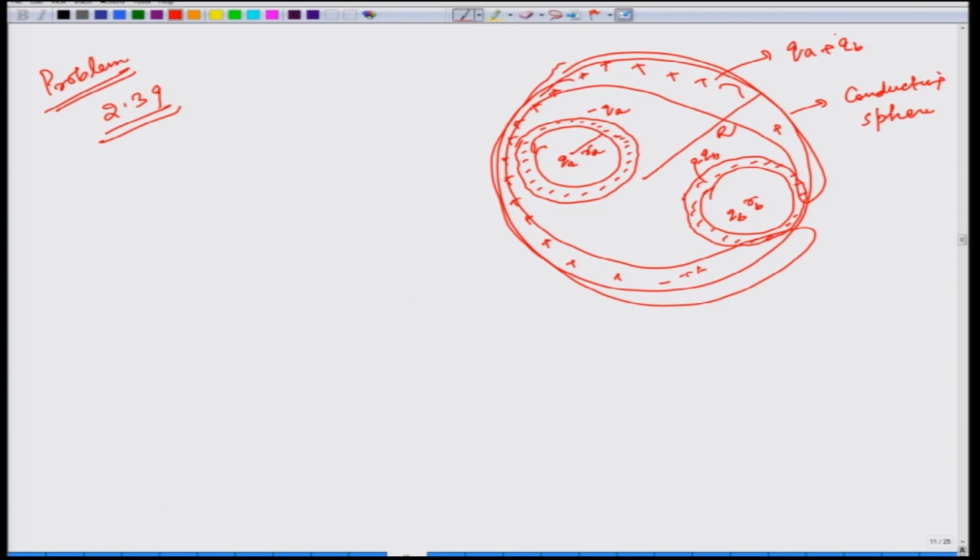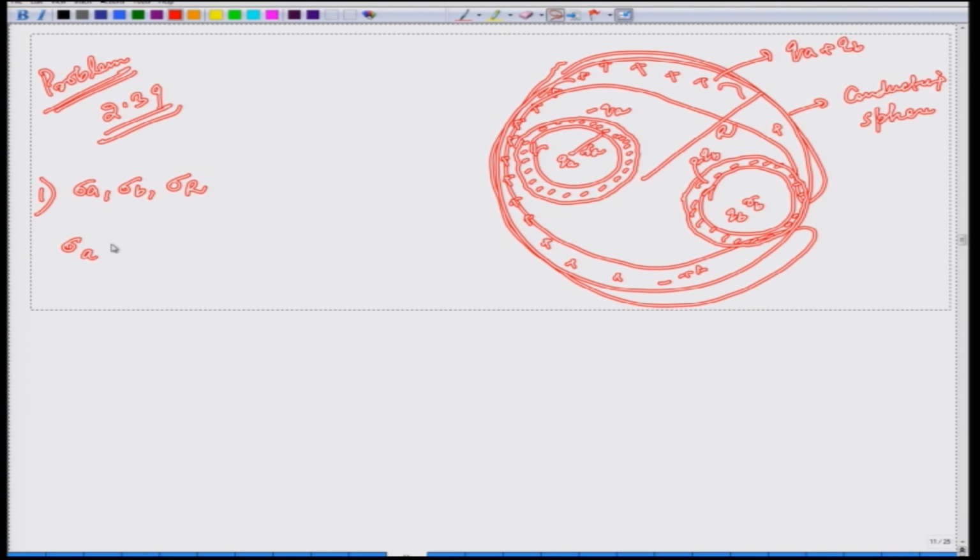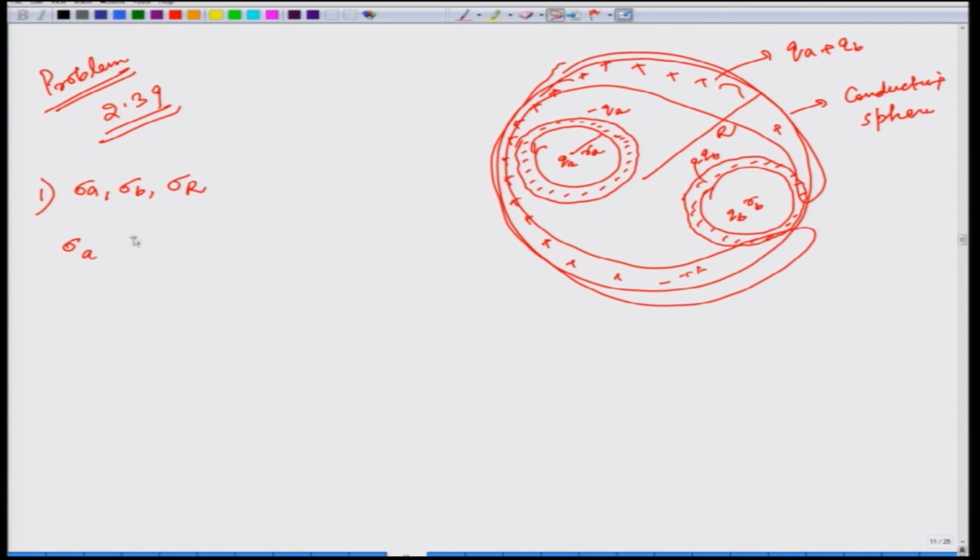Now, after drawing this picture, we can easily answer question number A. The first question says that we have to find sigma A, sigma B and sigma R. It's very simple. For sigma A, what is this? Sigma A will be,